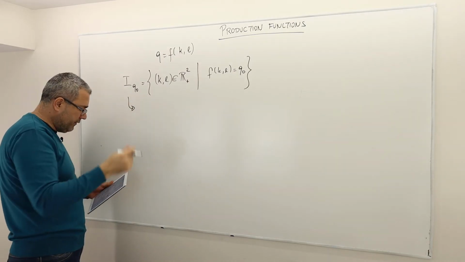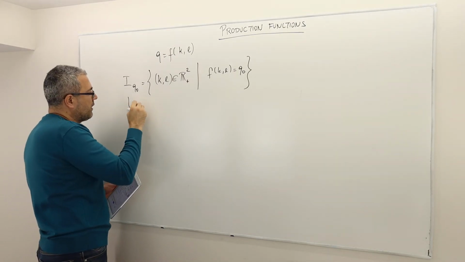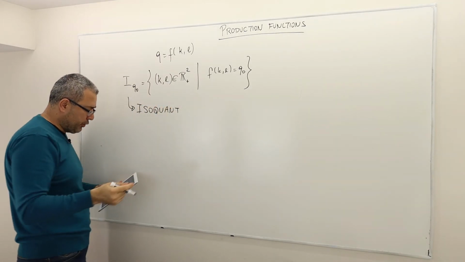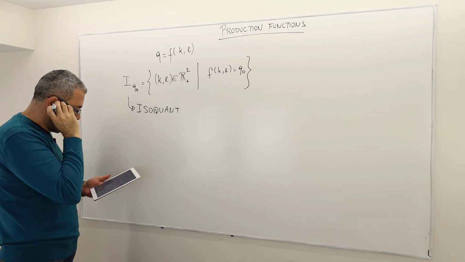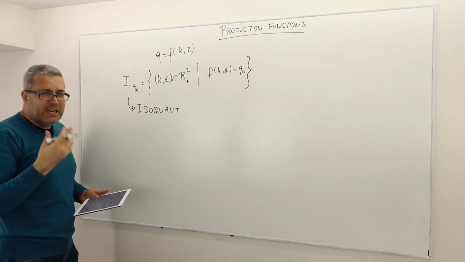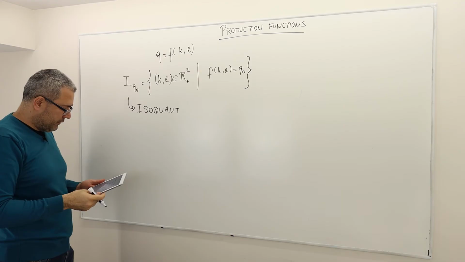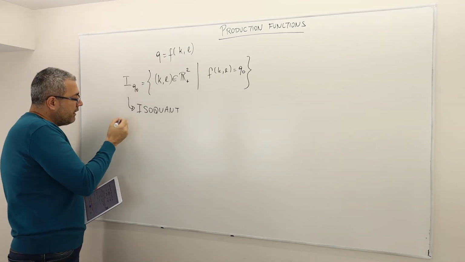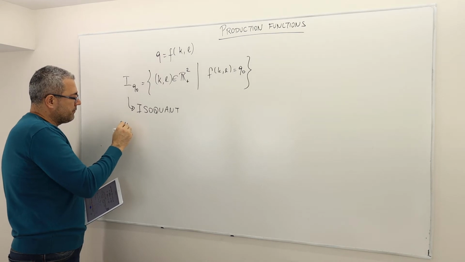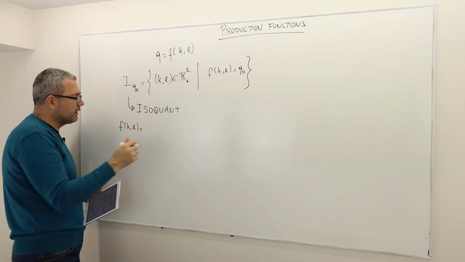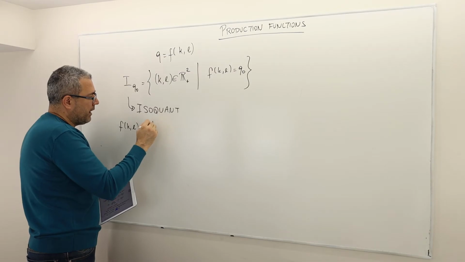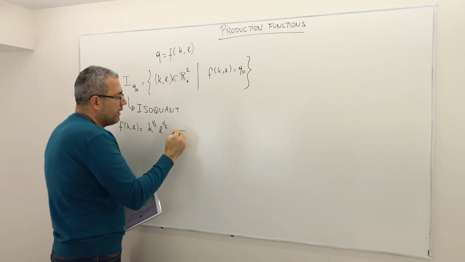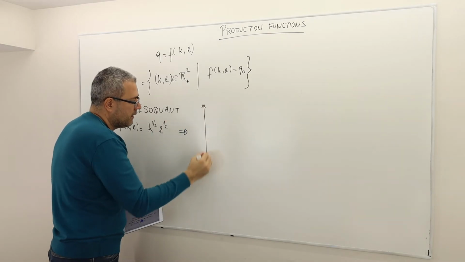Or, briefly, we just call this an isoquant curve for the production function F. The idea is very similar to indifference curves. We're going to talk about different examples, but if, for example, your production function is Cobb-Douglas, something like K to the power 1/2, L to the power 1/2, then the isoquant,